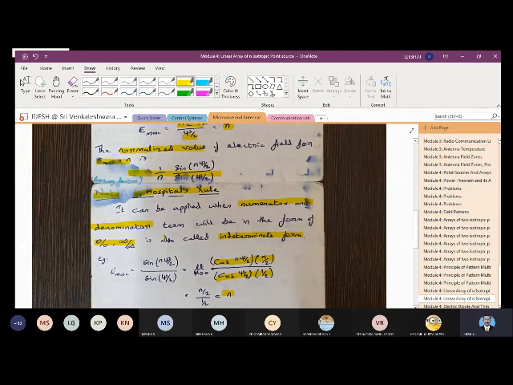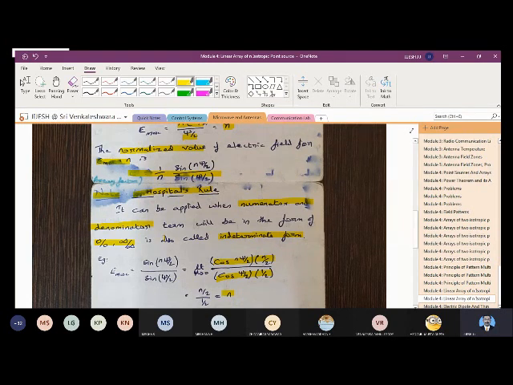So what we have understood in this topic is the linear array of isotropic point sources of equal amplitude and spacing. So the spacing is the same between the two isotropic sources. That is very important. And you have also seen that the sources are advanced by psi. When you take point source 2 with respect to point source 1, it is advanced by psi. When you take point source 3 with respect to 1, it is advanced by 2 psi, and it keeps on going like that. So we have written the equation for the total field E.